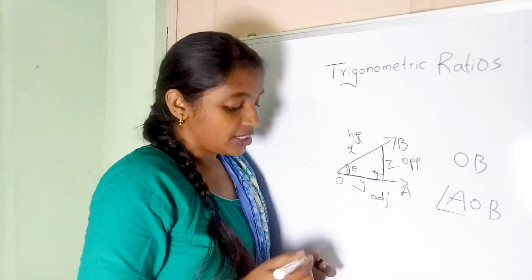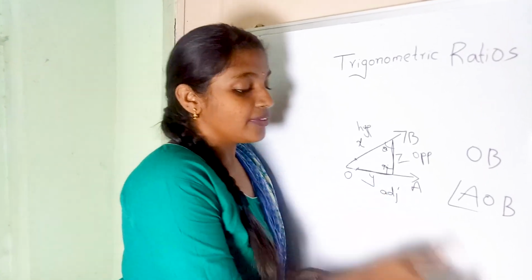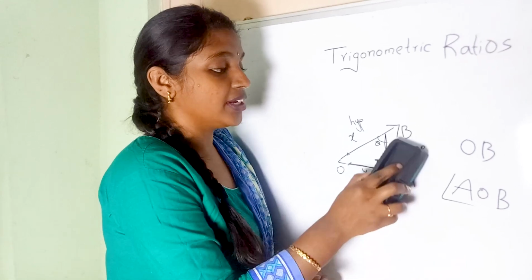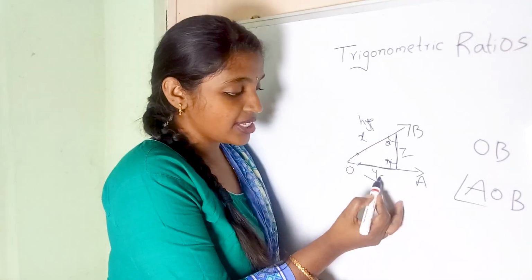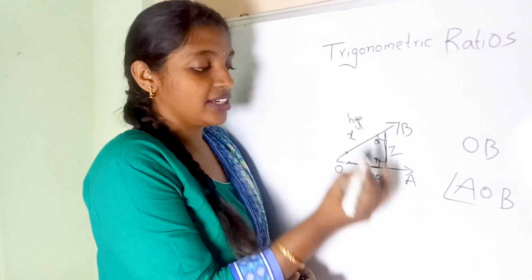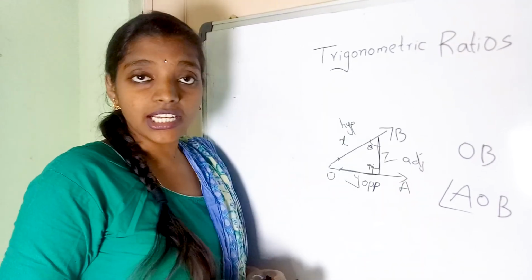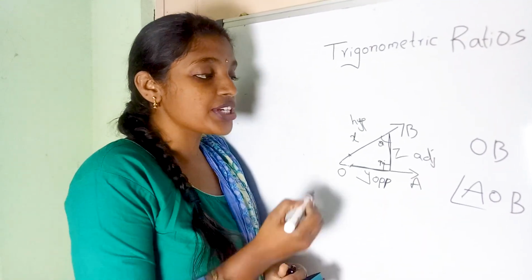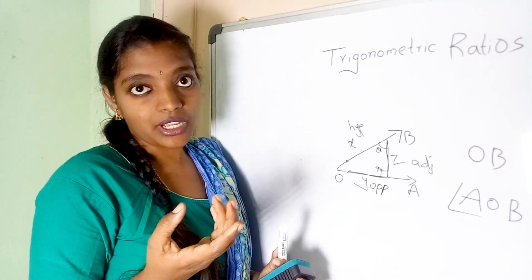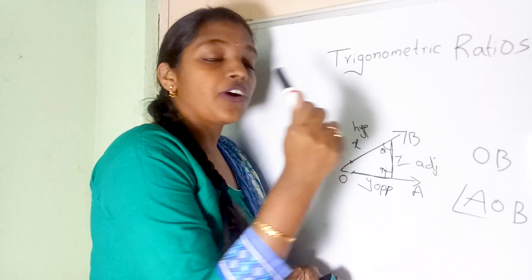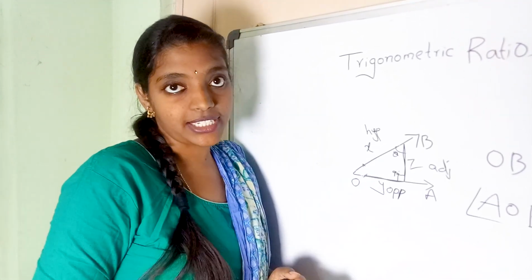For example, if the acute angle is here, now the adjacent shifts to here. What is opposite to this angle? This is opposite to this angle. This is opposite, and now the other becomes adjacent. Is it clear? This is how you consider opposite and adjacent sides, based on where the angle is given. The largest side is always called the hypotenuse, and the two remaining sides are opposite and adjacent.